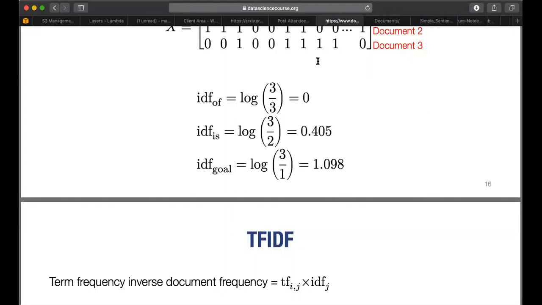I don't know if it's a mistake or there's another calculation I missed out. Yeah, I kind of get it. I think it's supposed to be natural log. We did it in our group too. We did log 3/3 and got the same 0 he got. Then we did log 3/2, which is log 1.5, but we didn't get the same answer. In the video, I think he said something like 0.48 for log 3/2. We didn't get his answer, so we're wondering if it was a mistake or we missed something.